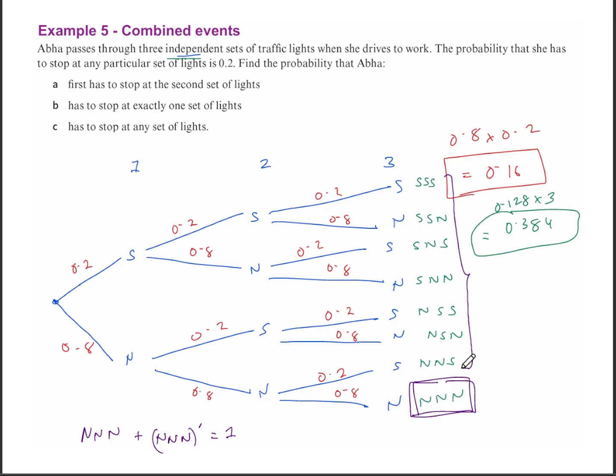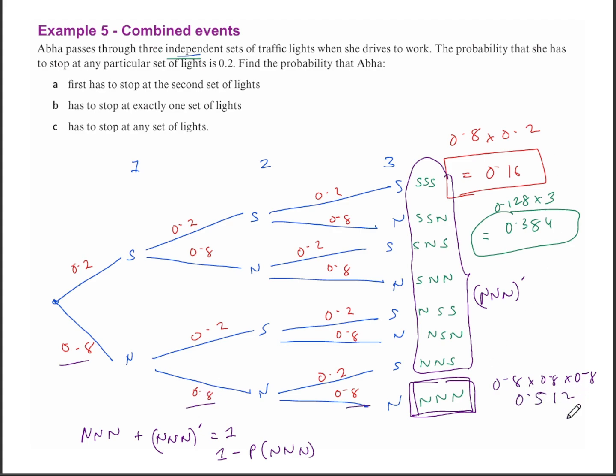And so since all of this ties into the complement of that last option, we can just use this formula where you're doing 1 minus the probability of not stopping at any of the traffic lights, which we get by doing 0.8 times 0.8 times 0.8 right here. From that we get 0.512. So what we're doing here is just 1 minus 0.512, and we get out of this